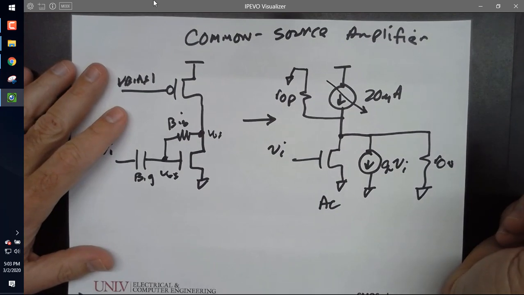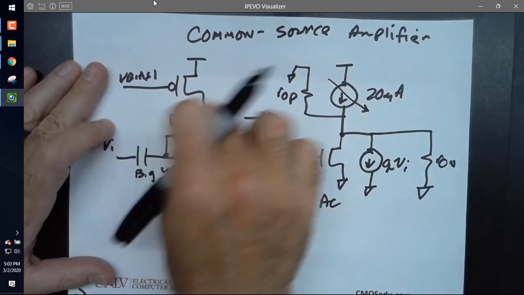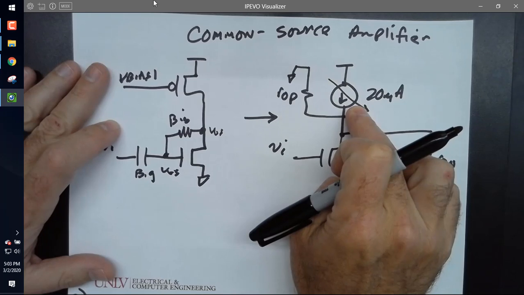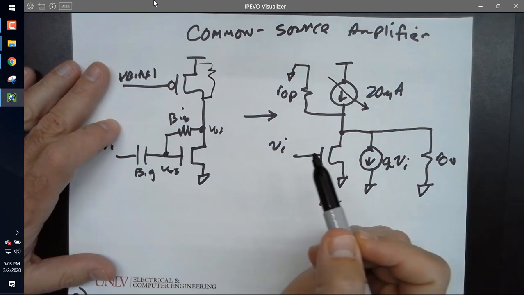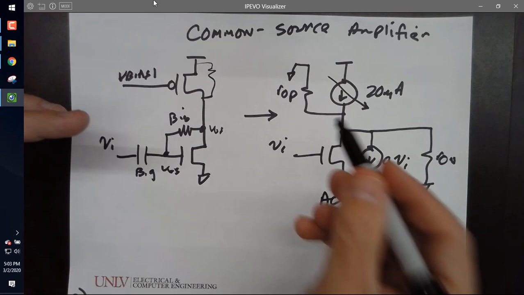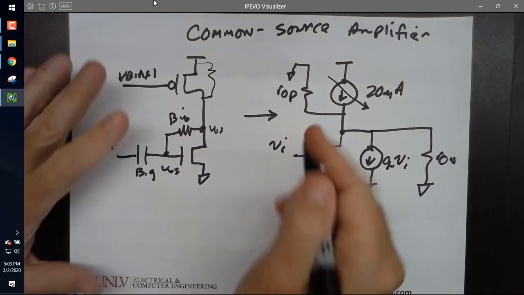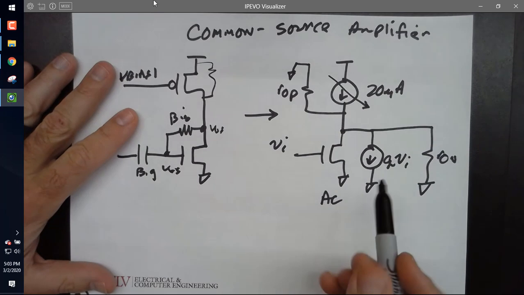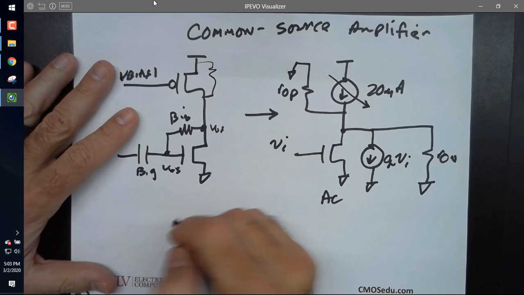All right. So does everybody understand? I think of this for biasing like a 20 microamp current source. For AC, I think of it as just having a resistance R out P. That's the whole point of us spending all that time in chapter 20 and calculating output resistances, so I didn't have to redo it every time I see a circuit. So there's my R out P, there's my R out in. The current flows backwards through them,